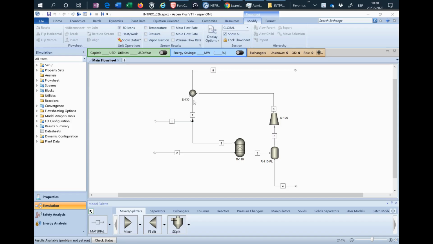Hello you all. Today we are going to present a simple example on how to do integrated cost estimation with HISES. First, you need to build a case. We are using the example INTPRO 02B from the second chapter. The first thing you must do is, once you have already run the system and you have results, you must